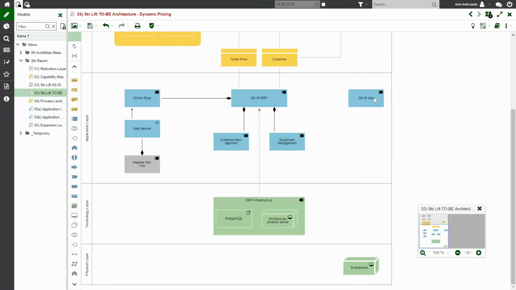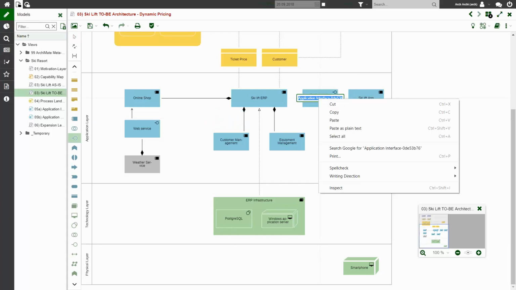And in order for the ski lift app to link into our ERP system, we also need an interface in between as well. So we can just model that here using our interface. Obviously another way too, you can decide to use either the shapes you see here, or we can model it just directly as the icon that you see in the top right corner of every element. But ERP,